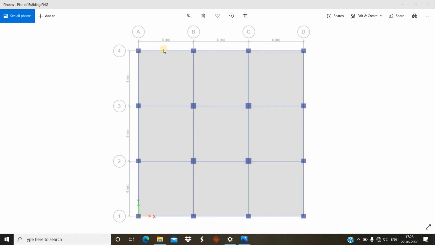So this is the column detail, 6 meter in each direction, meaning in x and y direction, 6 meter center to center distance between each column. Now moving forward, this is the x direction and this is 18 meter in x and 18 meter in y direction.